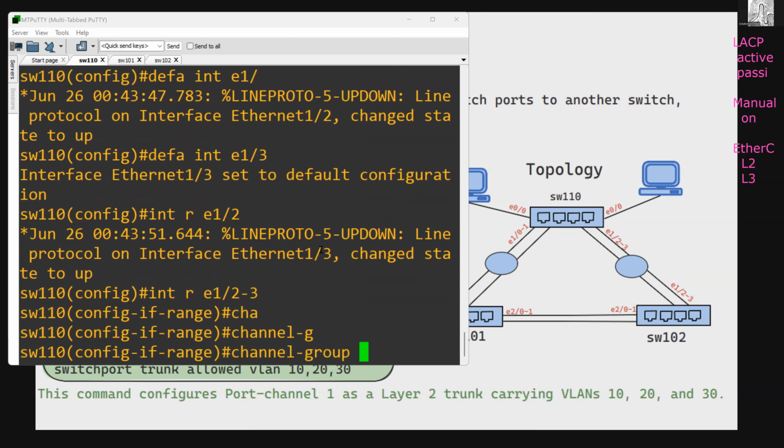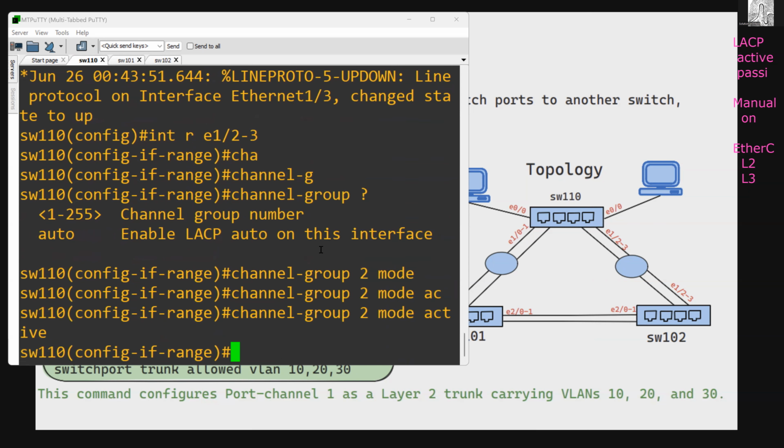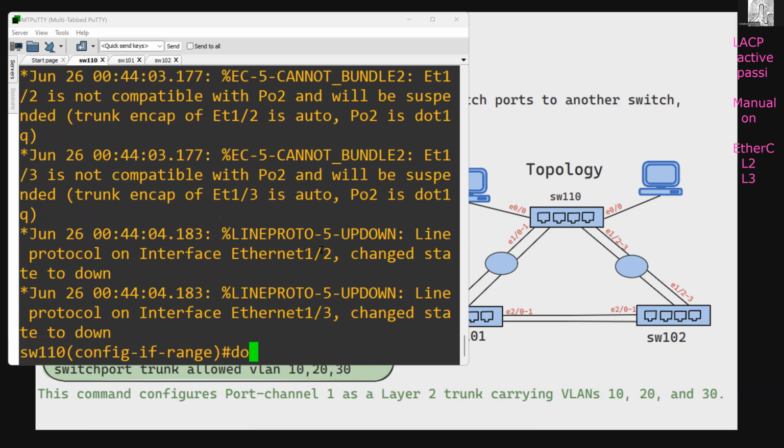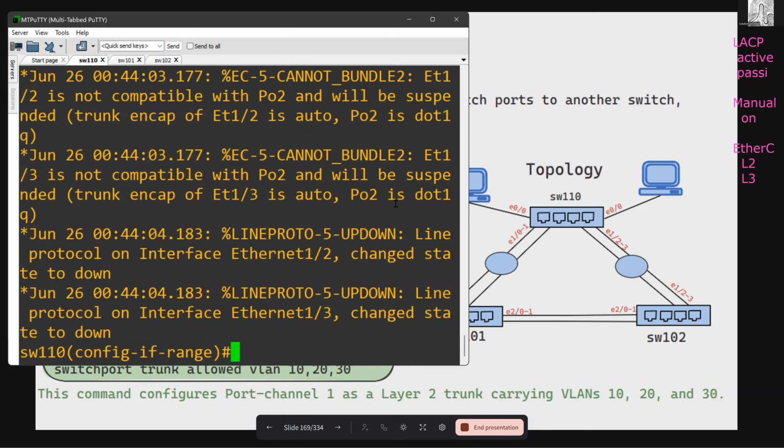Channel group, and the number, suppose 2, mode, suppose active. So both sides active, active. This side also active and this side also active. So both sides I am using active, active. Then